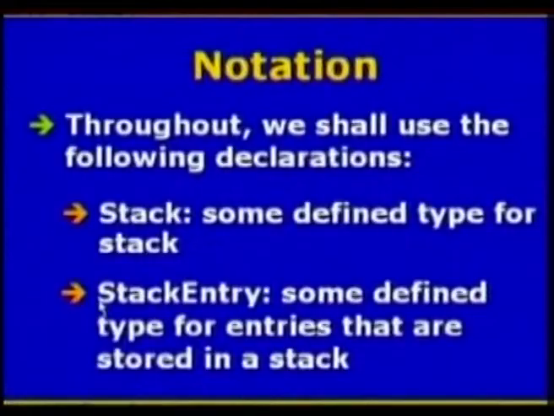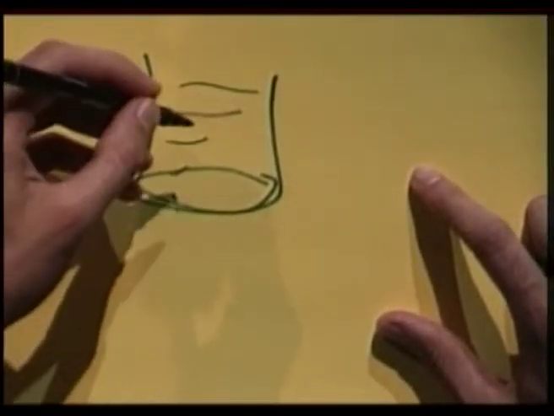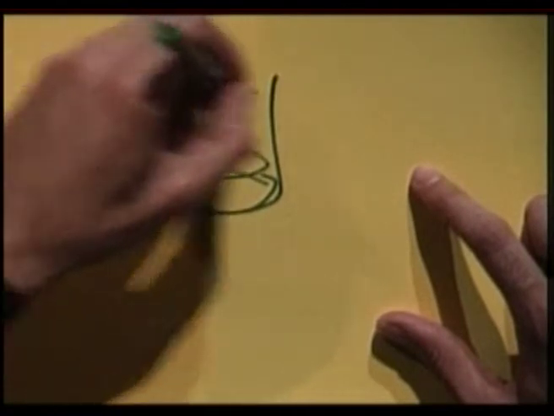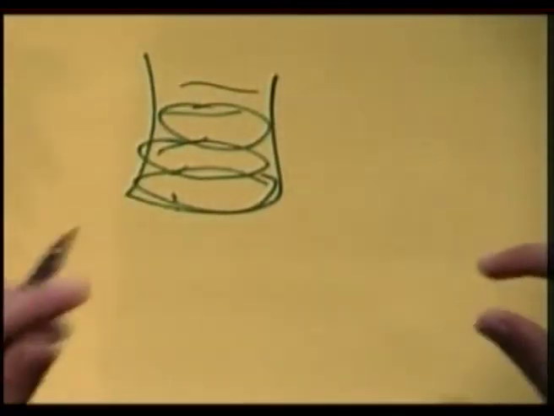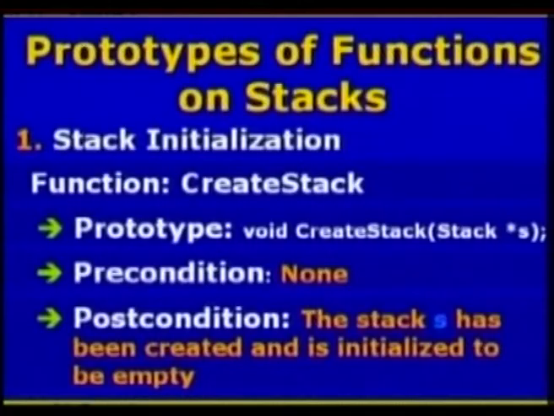Well, I'm going to just call them stack entry. And again, stack entry is some predefined type for the entries that are stored in the stack. So the entries I'm going to insert in here could be integers, as I said, could be floats, could be structures, could be anything. Just for simplicity, for the heck of illustration, we're just going to call it stack entry in general. All right, keeping this notation in mind, let's start by defining the prototypes of the functions that we can perform